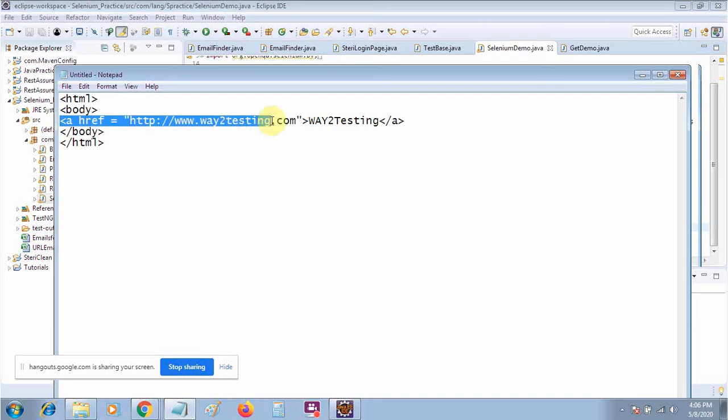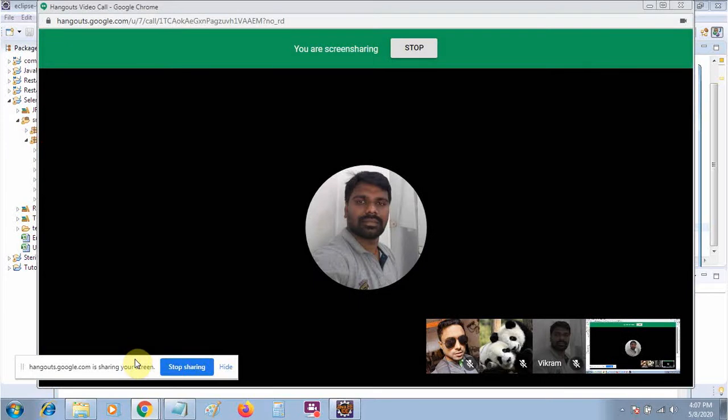If you see this line, to verify the links of a web page, we need this data. It means we need this URL to verify. If you see it clearly, here the tag name will be A, and the attribute is this one, href. It will be common for all the links. So for all the links we can find by the tag name and by its attribute like href. By using the same concept we will first store all the links of a web page in a list, then we will fetch or iterate each value, and then we can go on.